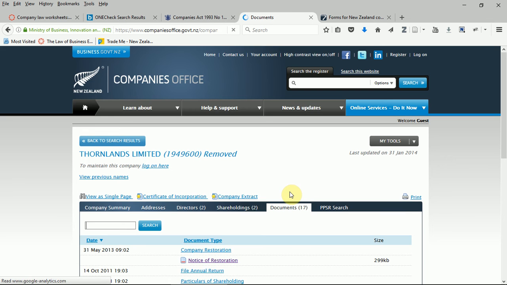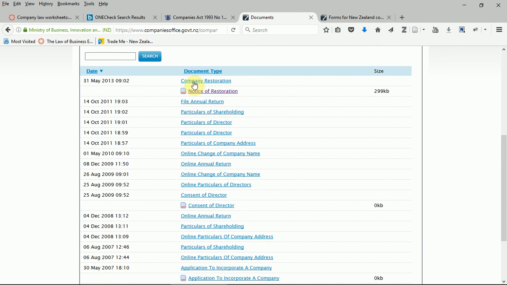Now if we go to the documents, there's a notice of restoration on the company's form. Now when we go through these documents, all we see is file annual return in 2011, and in 2013 it's been restored, which means that nothing was filed between 2012 through 2013. The reason for this is the Companies Office will itself remove companies who do not file annual returns. However, it will very readily allow these companies to be restored to the register on payment of a fee of something over $200. So what happened here is a company has asked, or a person has asked the registrars to